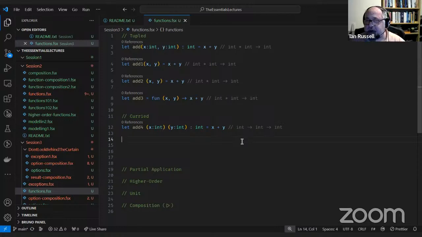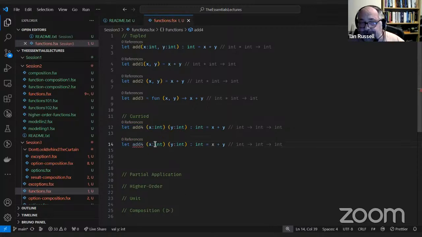Sounds a little bit awkward, sounds a little bit odd, but it has some nice little features that we can use because of that. So again, I can take that. I can get rid of the types. I'll get rid of a lot more than that. So again, the compiler can work out because it's addition. The default for addition is int, so it just works it out to be an int.